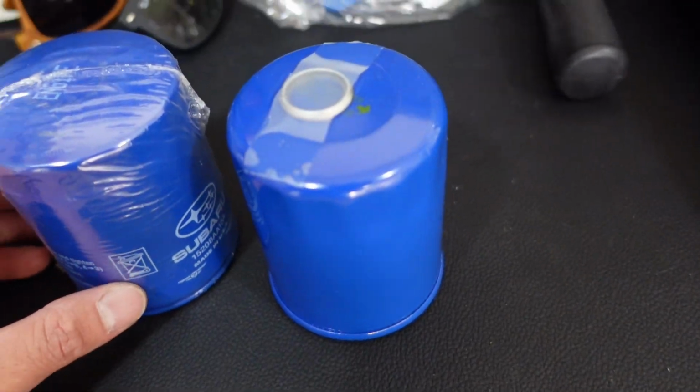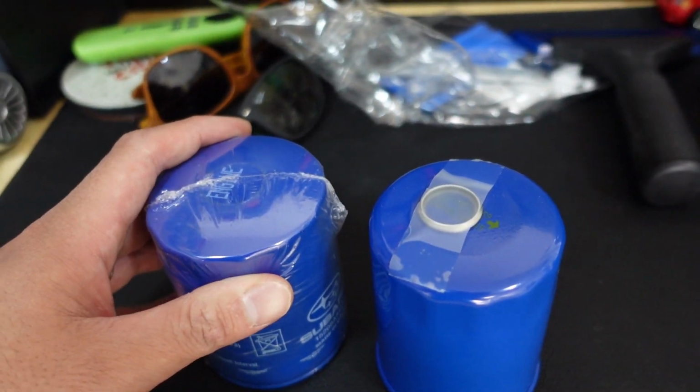I haven't been seeing any leaks on the garage floor, so that's always a good indicator. But I want to go under there and really inspect it up close, and if there are no issues, then I guess we're good to go. So let's go ahead and get started. I'm just warming up the car a little bit, getting it up on the quick jacks, and then changing the oil. Okay, before we actually change the oil, believe it or not, I just got a phone call from my local Subaru